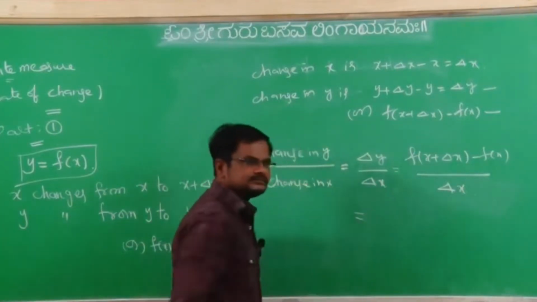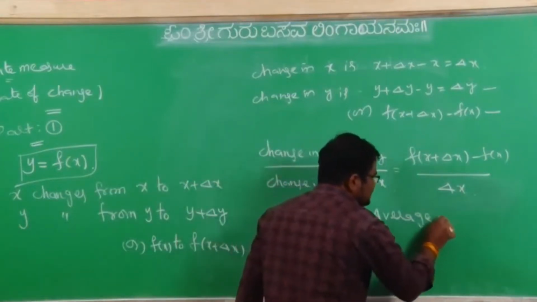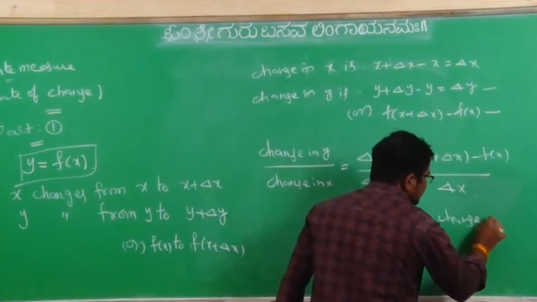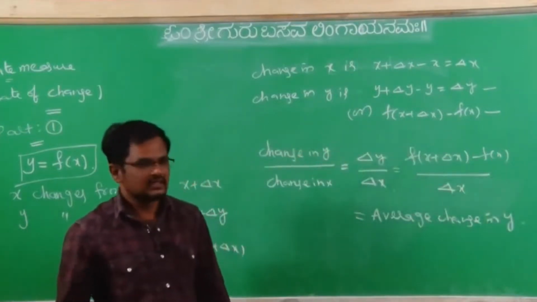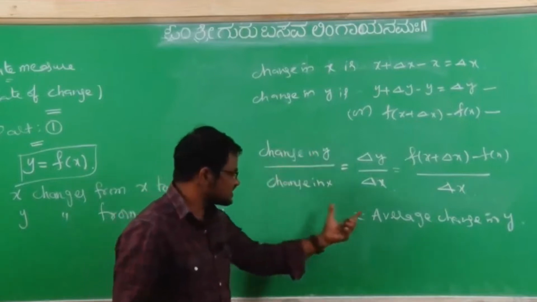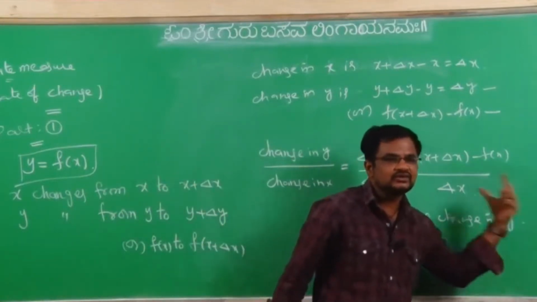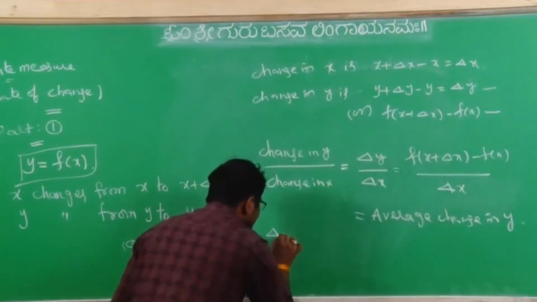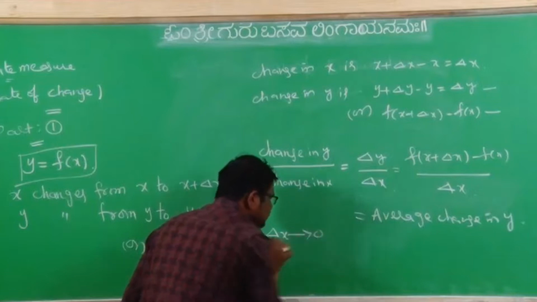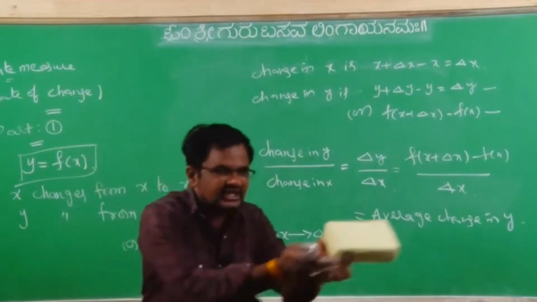What is it? Average change in y with respect to x. Change in y by change in x is called what? Average change in y with respect to x. Suppose we apply delta x approaches 0. If delta x tends to 0,